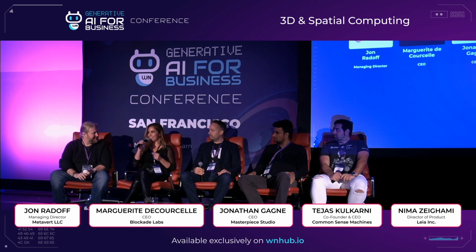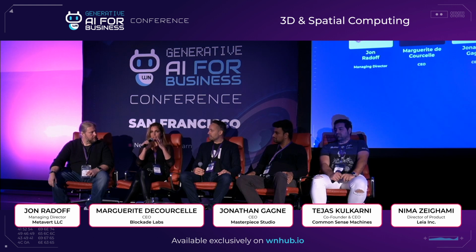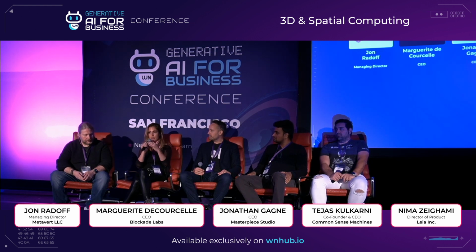I just want to add that one of the things that I think is really important is the compute, the amount of compute it takes to make these 3D assets, and the speed at which people want to iterate. So I think we're going to see the convergence of how we create the content, where you can go from, I think Emmanuel was talking about this scenario on an earlier panel, the ideation of the 2D and then being able to have this creative flow and iteration process to get to the 3D asset